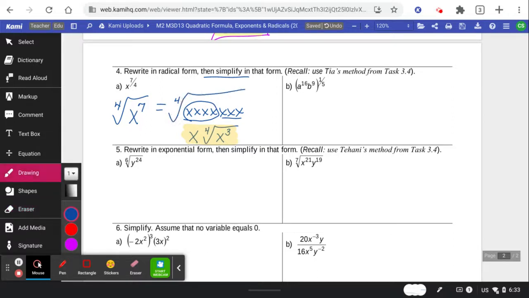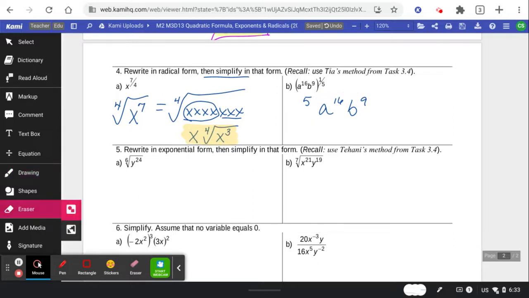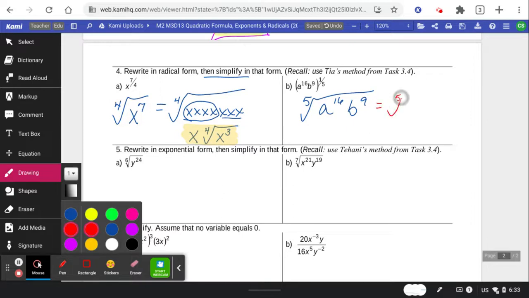How'd you do? All right, next one says to go ahead and first put it into radical form, and then we're going to use TIA's method. So 5th root of a to the 16th, b to the 9th. And here we go, stretching it out in all its glory. There's 16 A's and 9 B's. What are we looking for groups of? You got it. Group of 5,